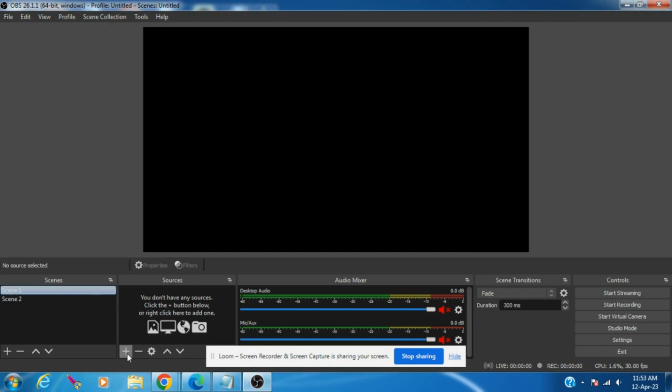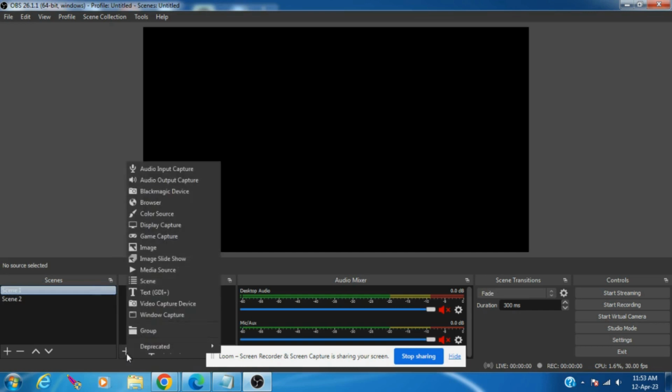Now let's see how to add source to a scene. For this, select the scene and click on the plus icon available inside the source section. You will find multiple options once you click on the plus icon like audio capture, display capture, browser, images, media sources, video capture device, text, etc. In this video we will see how we can add webcam, images, logo, display capture, and window capture to create